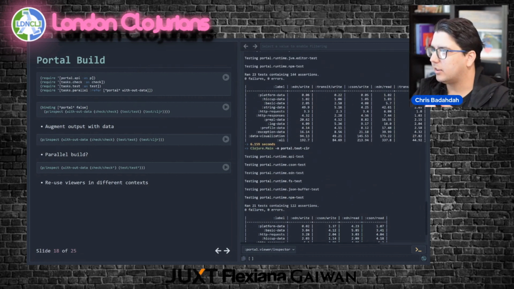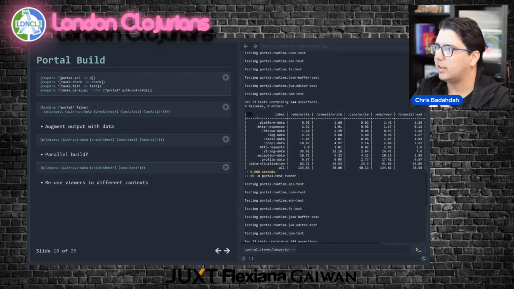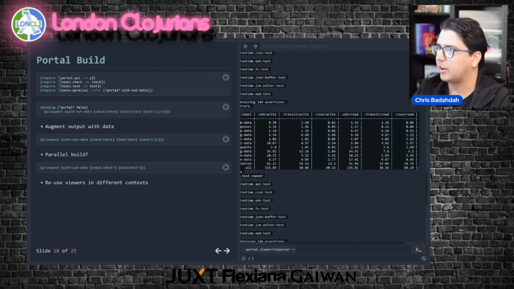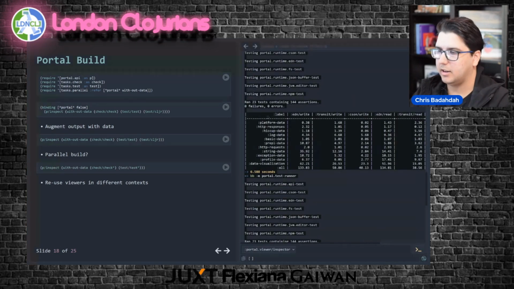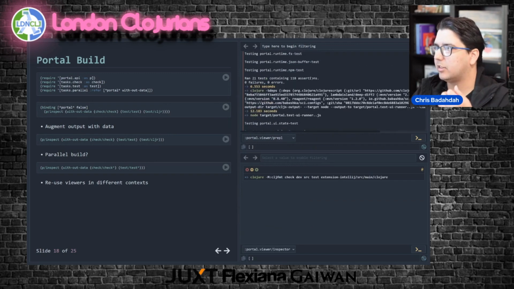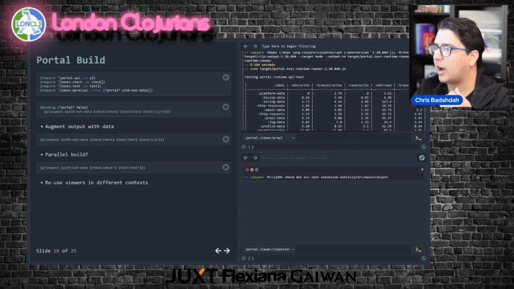The issue is it's hard to get at this data. If I wanted to take this somewhere and do something with it, I can't because it's been stringified, which is the core problem that Portal's aimed at solving. So maybe instead of just outputting this, we could output the data interlaced with the standard error instead of output where it makes sense. The first one, I think I left this in on purpose.